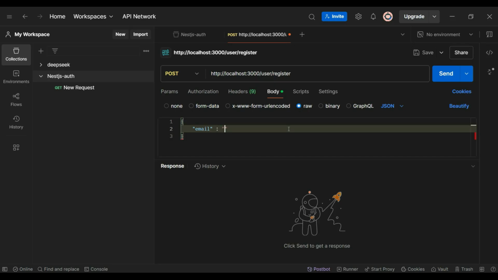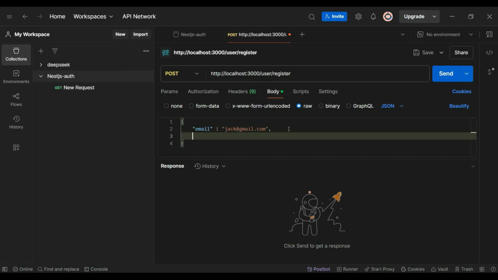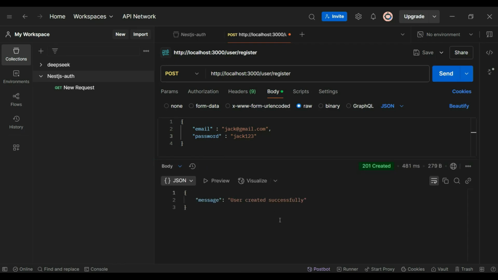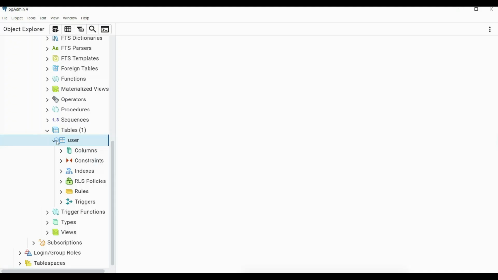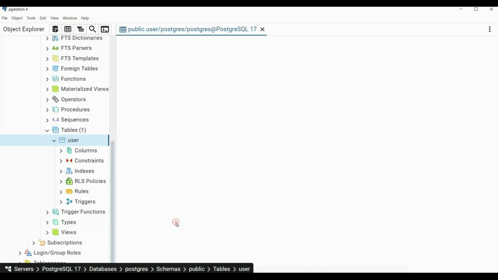Inside the body, I will provide the email jack@gmail.com and also the password. After we send this request, we have the user created message, and in our users table,